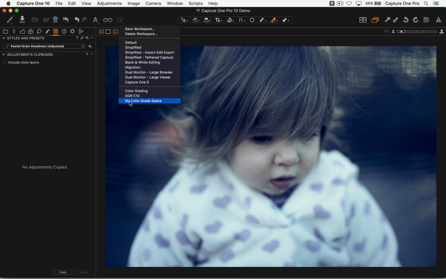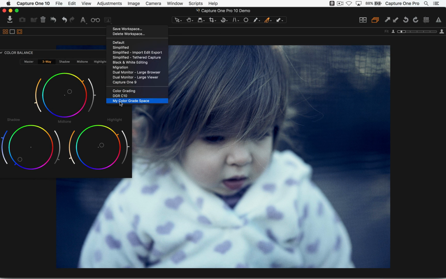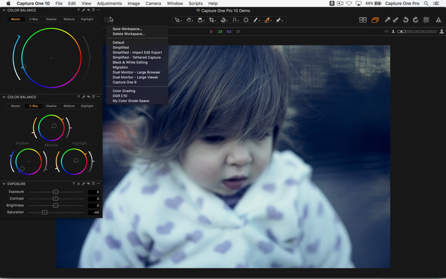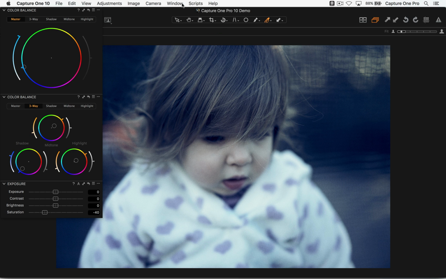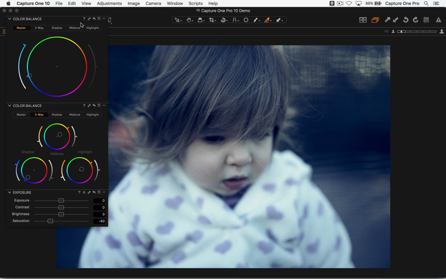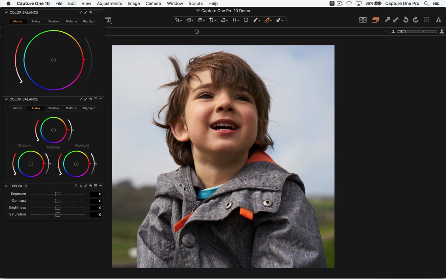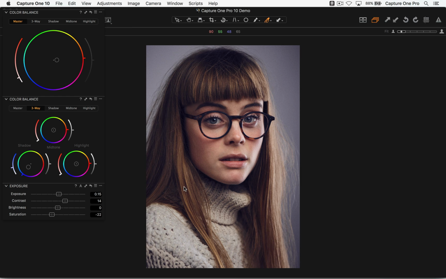Makes sense to set up a color grading workspace just for easy reach of, oh, that wasn't the latest one, my color grading like so. And again, add the workspace icon to the toolbar so you can easily switch between your workspaces like so without having to go into the tool menu. And this is my preferred combination: master, three-way, and exposure tool like so. Then of course we can use keyboard shortcuts just to move through your images nice and quickly without having to get back to the browser, for example. We can just use our next image shortcuts to go through.